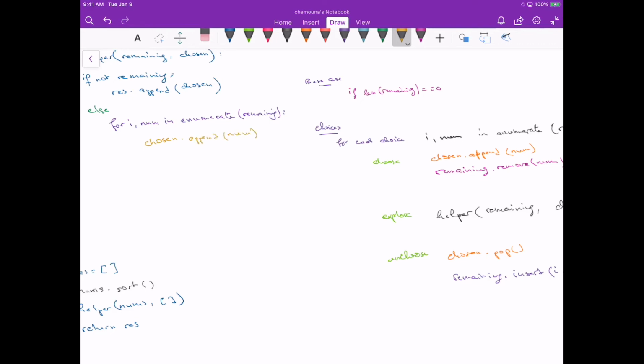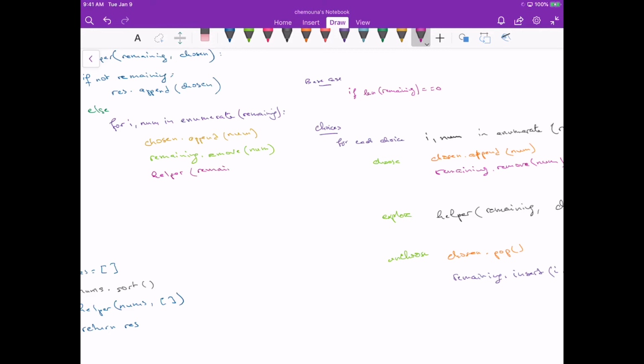Then I will need to remove it from the remaining elements, right? So that would mean remaining.remove the number. Then I will need to explore, and so exploring here means calling the helper function again with the remaining